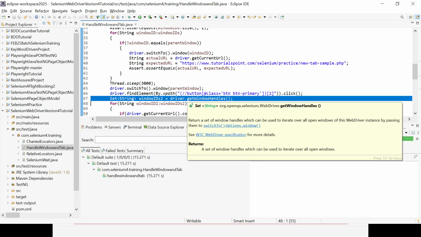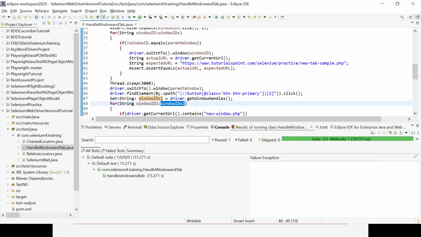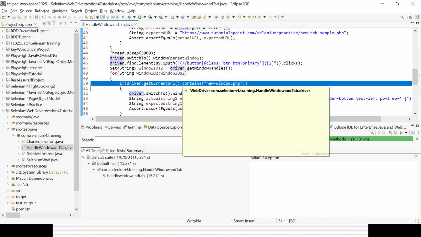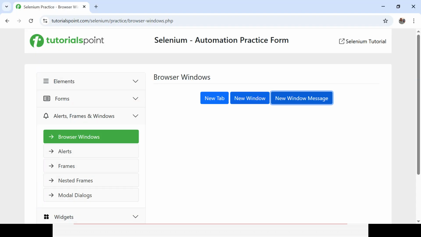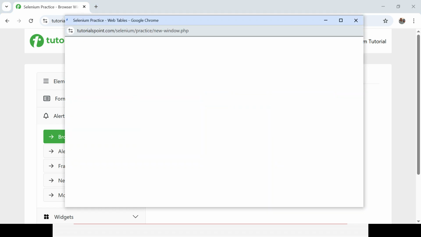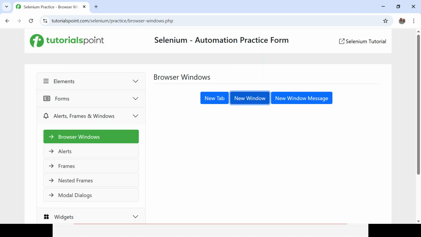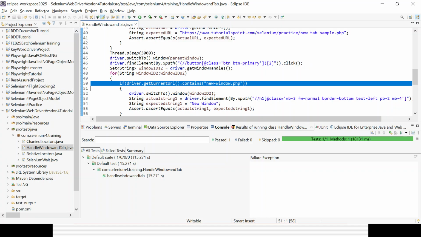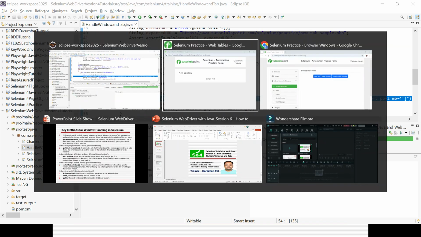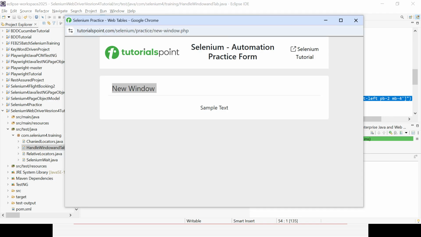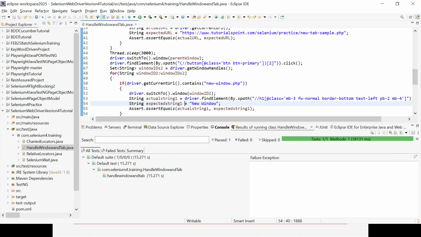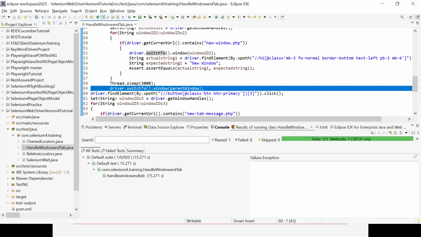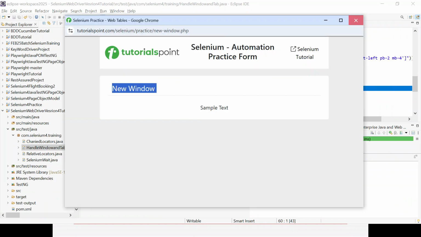Again, we get all the window handles, and again we use an enhanced for loop. Here we give a condition: if the current URL contains this particular new-window.php at the end, right? This is the part. It will go to that window and identify that text, which is nothing but the new window, and the expected text I have also given. Now we do the assertion, wait again for 2 or 3 seconds, and go to the parent window. Now we click on the other available button,